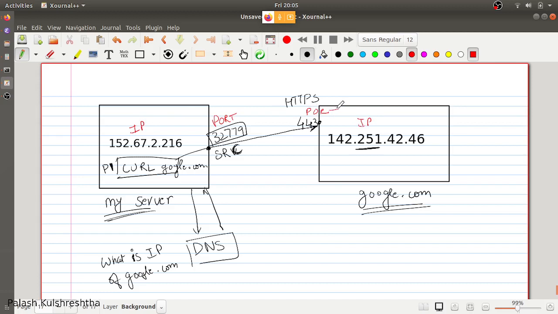So all the communication between two devices or two systems is done with IP plus port to another IP plus port.